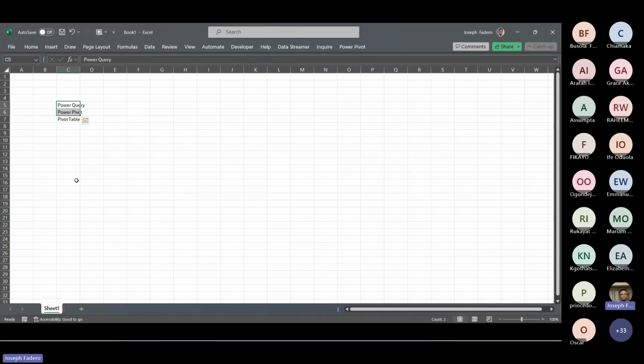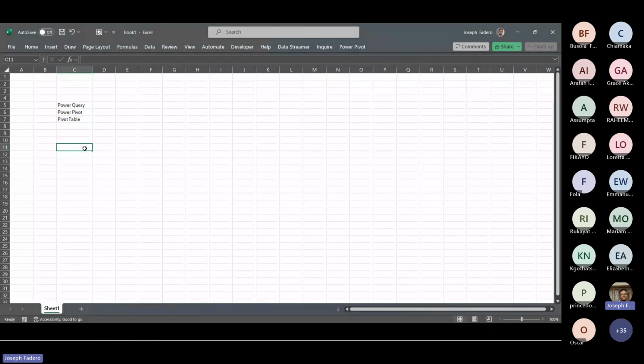So in 2010, Microsoft introduced these tools. 2010 or 2009, Microsoft introduced Power Query and Power Pivot. Pivot table was introduced, I think, as far back as 1995. So in 2015, Microsoft decided, let's combine these tools.